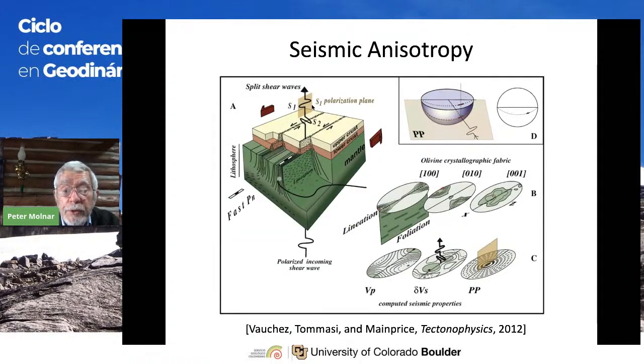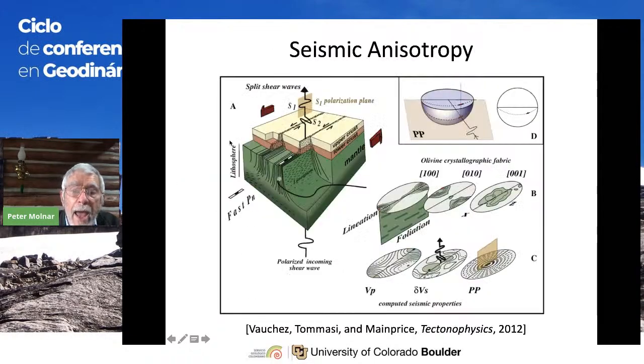Well, if we go to the Earth, and next week I'm going to describe this for New Zealand, because New Zealand is a very good example. If you imagine a zone with strike-slip faulting at the surface, and hence simple shear at depth in the mantle, the strain ellipsoid would be aligned parallel. There's so much strain, and there's dynamic recrystallization, that the maximum elongation would be parallel to the strike-slip faults up in here. So Pn, the P wave, would travel fastest parallel to the faults and slowest perpendicular.